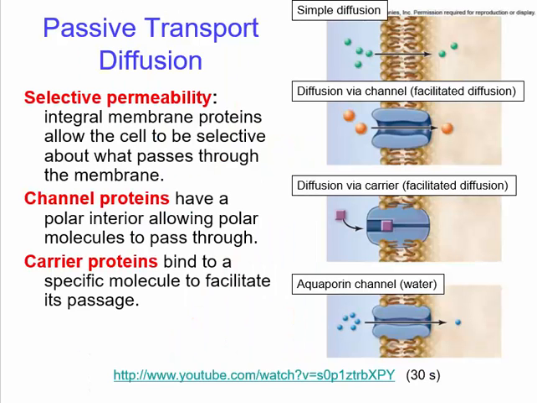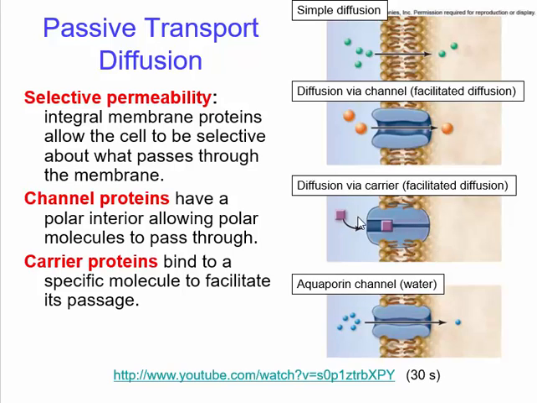Now in a cell, that membrane isn't permeable to whatever you happen to put in there. So some things can pass the membrane. So small non-polar things like gases, oxygen, for example, can cross the cell membrane without any problem because they're teeny tiny. They can squeeze through there. But these channel or carrier proteins are needed to get a lot of other things across the membrane. So big stuff that can't cross the membrane, polar things,